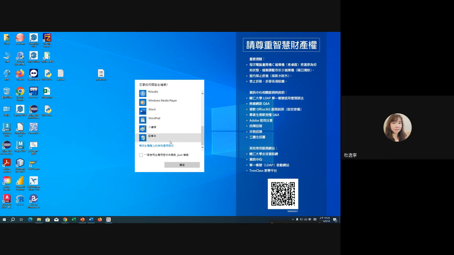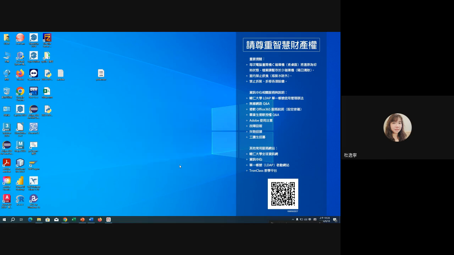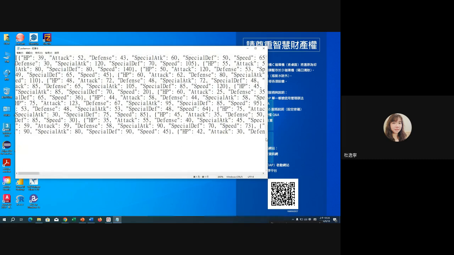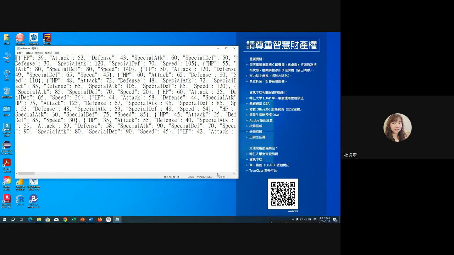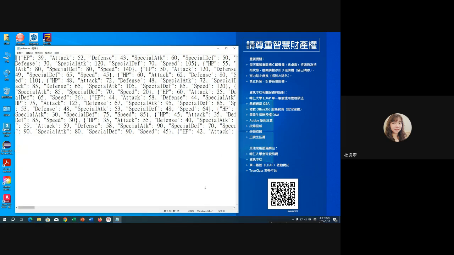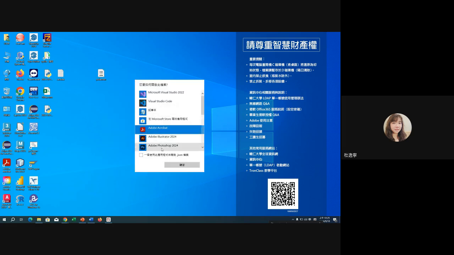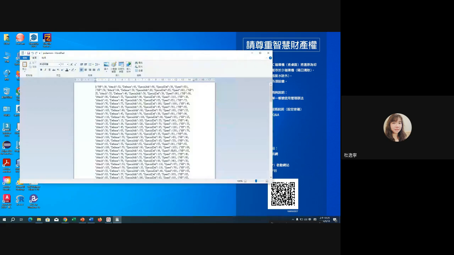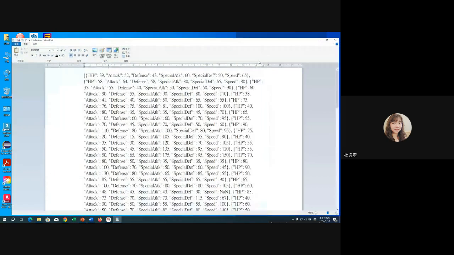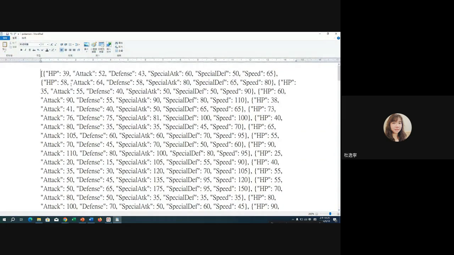Okay, I think TXT file first. This is a TXT file, but actually it's not ideal. I think one more time. Maybe this time we will use WordPad. WordPad is better. WordPad, 因为 WordPad 会是一页，好，这样子整齐的多。